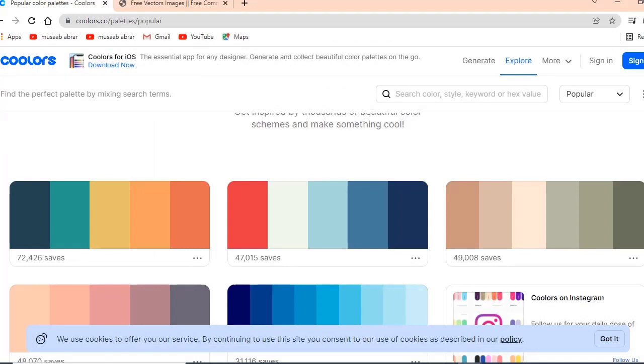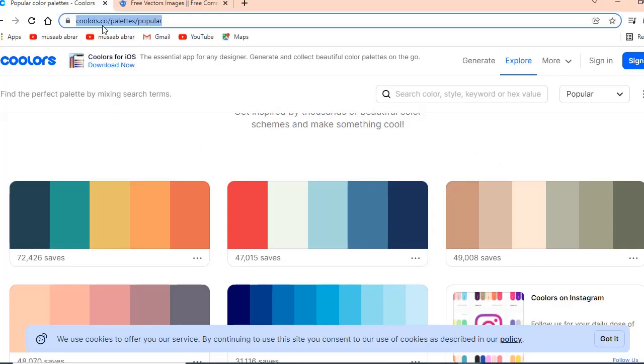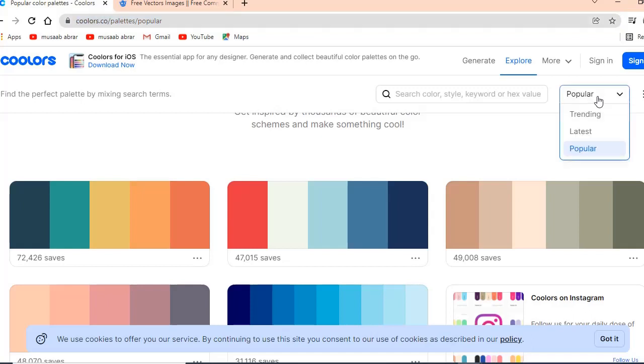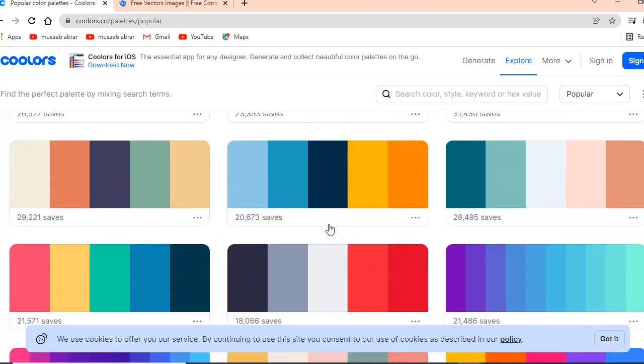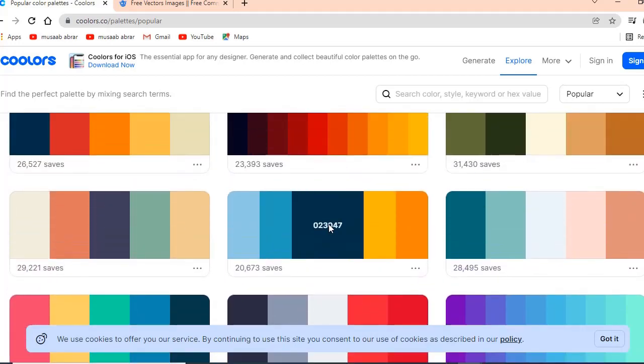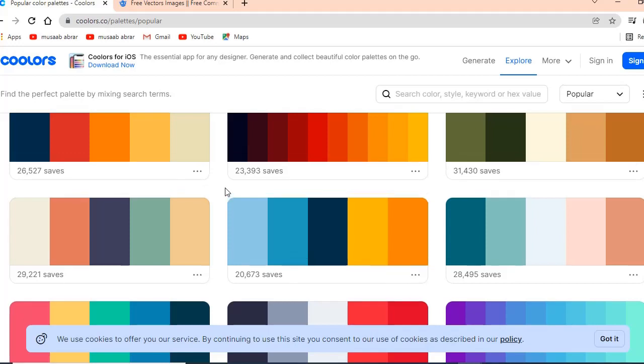As I shared in my previous session of PowerPoint also, when you need color combinations, you can visit this site colors.co. You can see in the address bar colors.co slash palettes, and when you come here you can select from trending, latest, popular, so it will be filtered. These are the color combinations, a lot of color combinations you can see here, and you can just pick any palettes from here and then use the desired eyedropper to apply these colors to